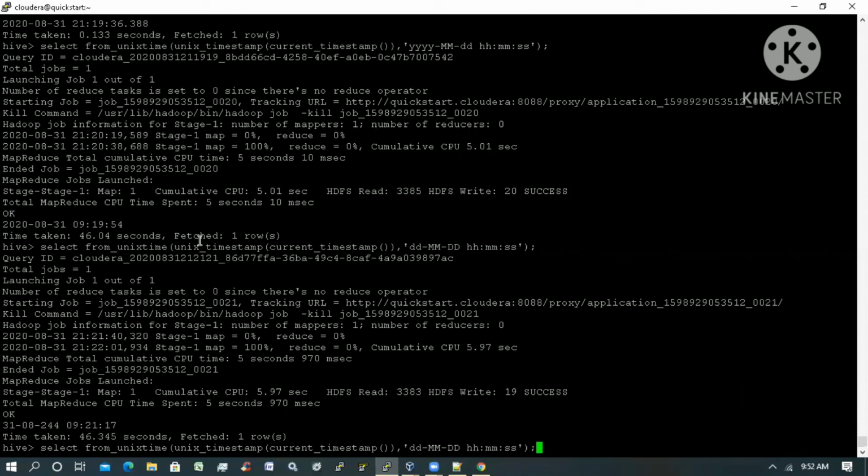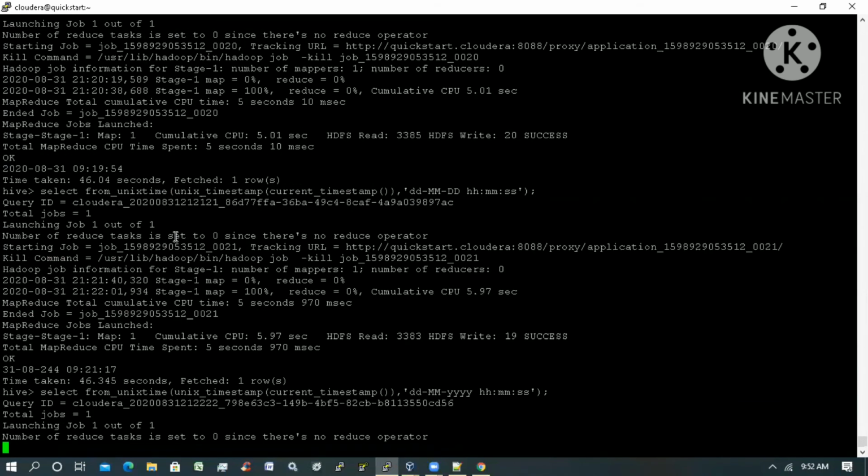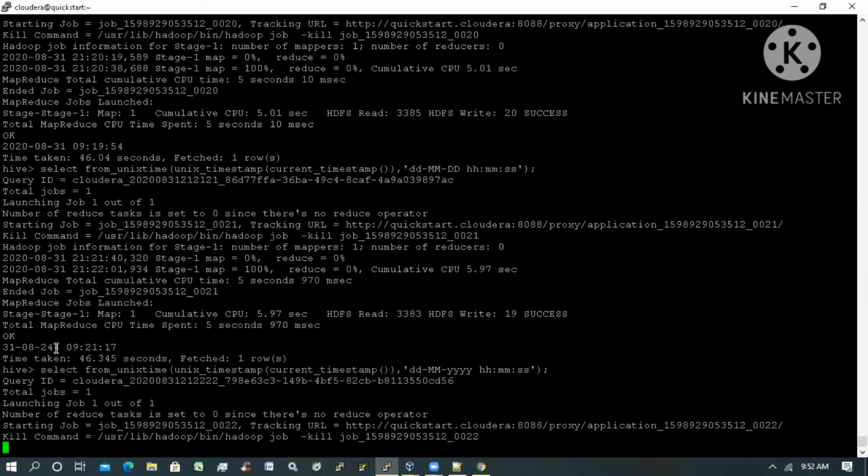DDMMYY. Previously I had used small y's. If you give it, it will convert into the respective format. Like this, any format to any format, you can convert it.